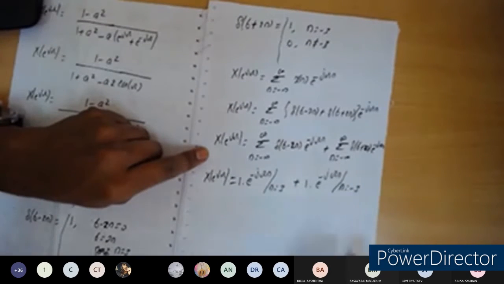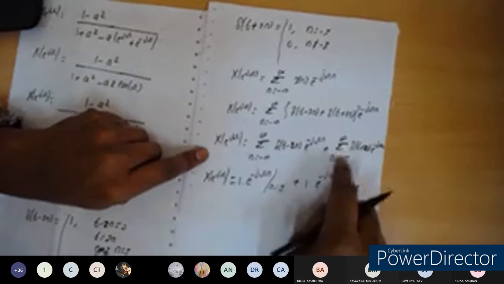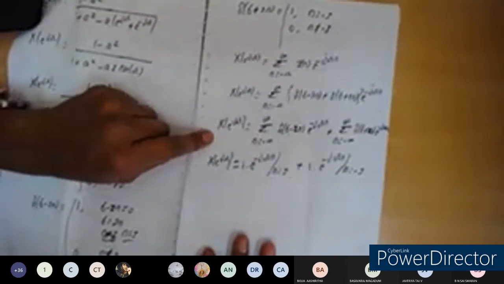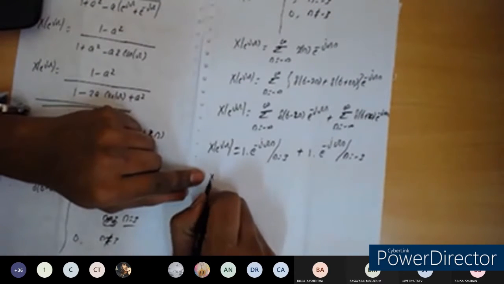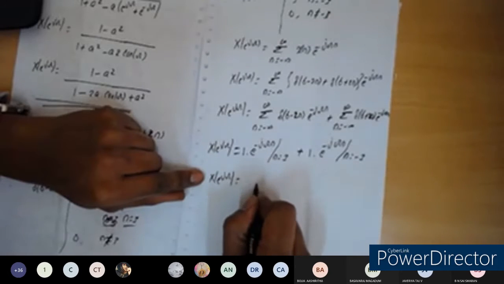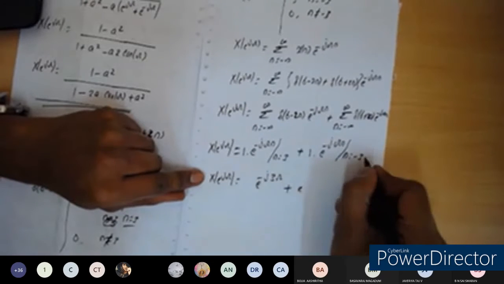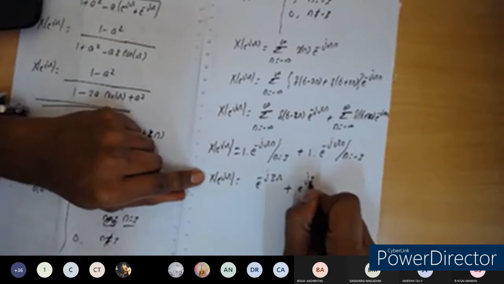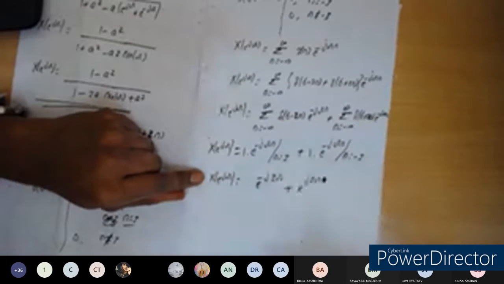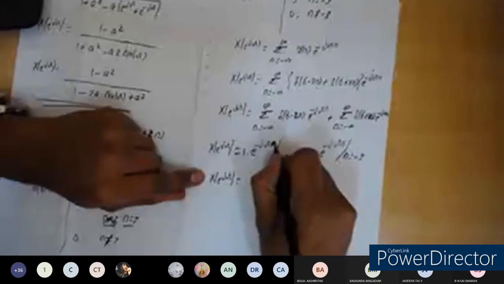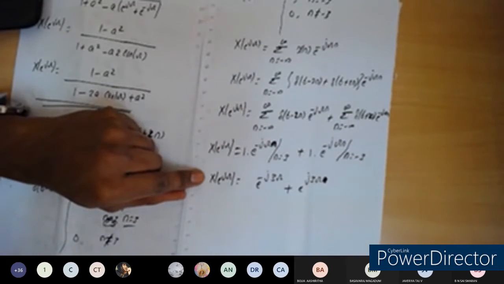This is having the value 1. So usually we use the notation n equal to 3 and n equal to minus 3 when evaluating the respective values for n. Now let us substitute n equal to 3 here and n equal to minus 3 in the next one. So it becomes e to the power of minus j 3 omega plus e to the power of, minus into minus becomes plus, j 3 omega. So it is 3 omega, not n. n will not come in the frequency domain, because we are substituting n equal to 3 and n equal to minus 3.